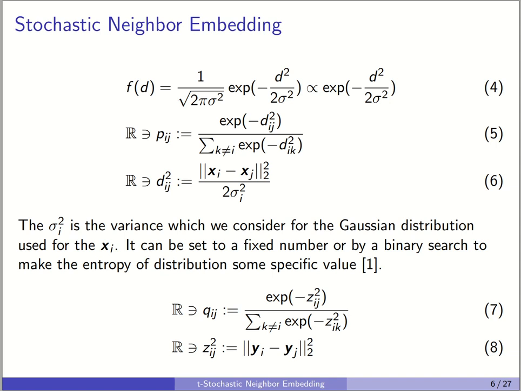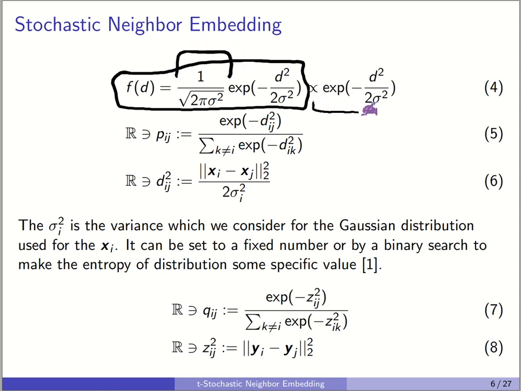This is the definition of the univariate Gaussian distribution. Consider this, and then you can see that this part is a constant. Therefore, if we drop this, this is proportional to this exponential term. Usually,